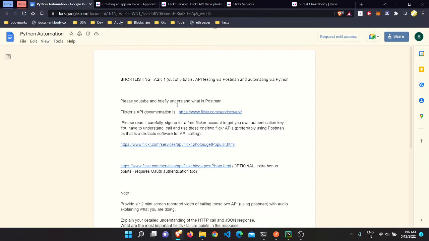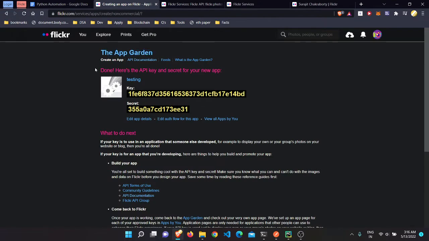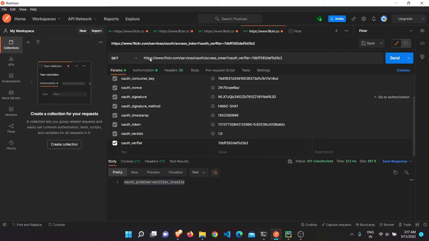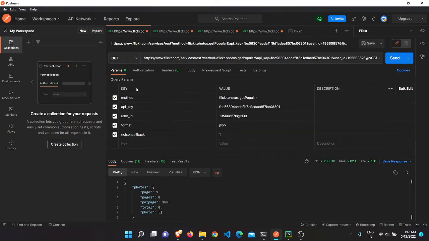In the first task, we were given the Flickr API to test. To test it, first we have to sign up on Flickr, as I have signed in, and we will get one key and one secret. By using that in Postman, as you can see here,